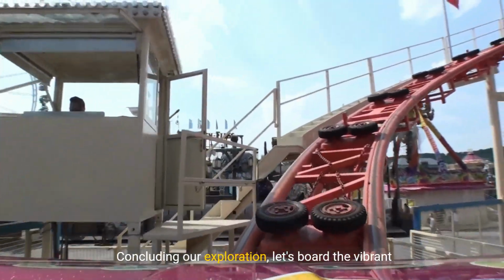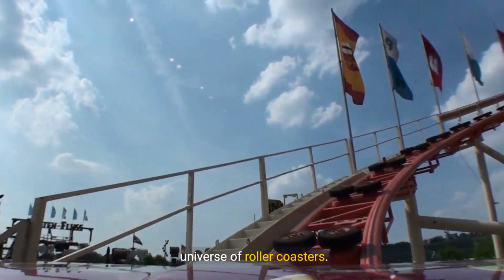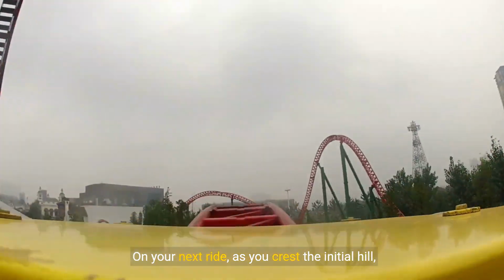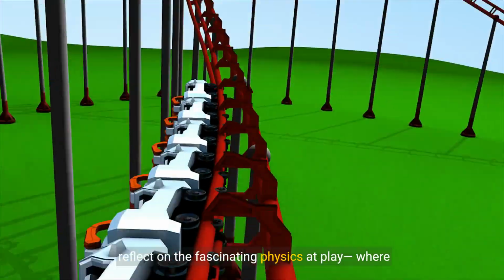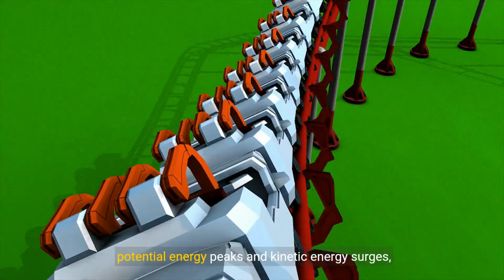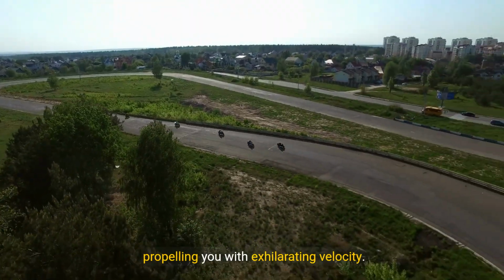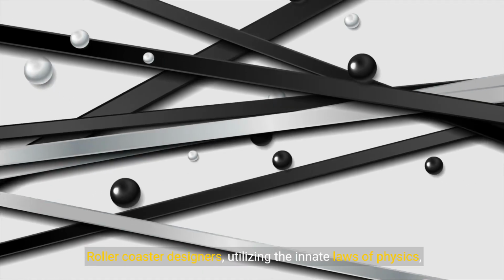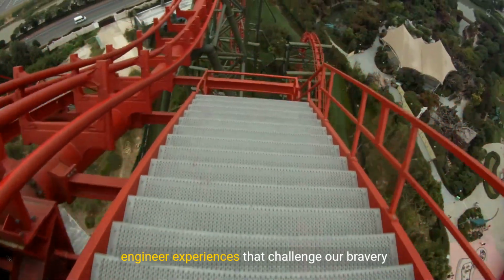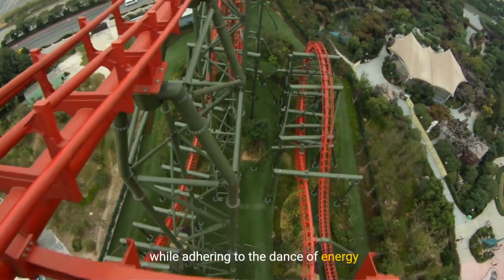Concluding our exploration, let's board the vibrant universe of roller coasters. On your next ride, as you crest the initial hill, reflect on the fascinating physics at play, where potential energy peaks and kinetic energy surges, propelling you with exhilarating velocity. Roller coaster designers, utilizing the innate laws of physics, engineer experiences that challenge our bravery while adhering to the dance